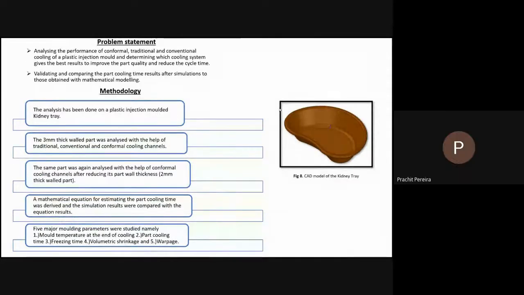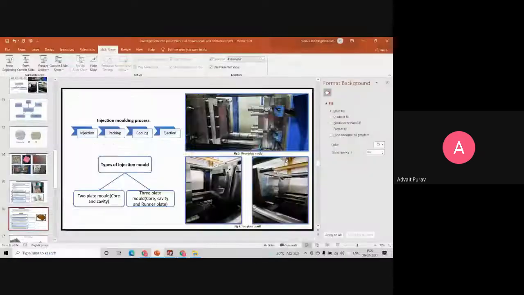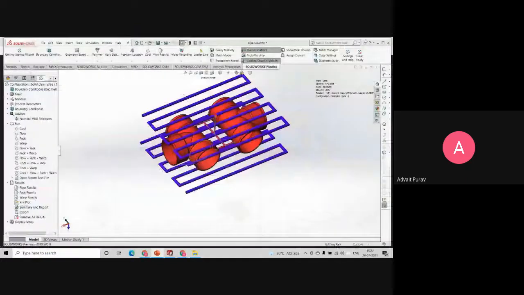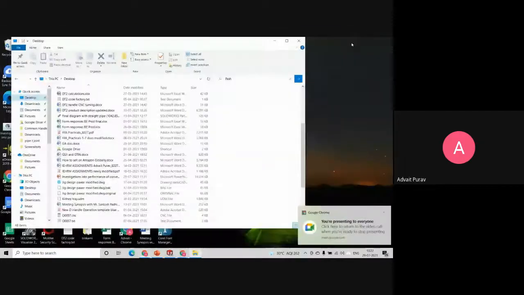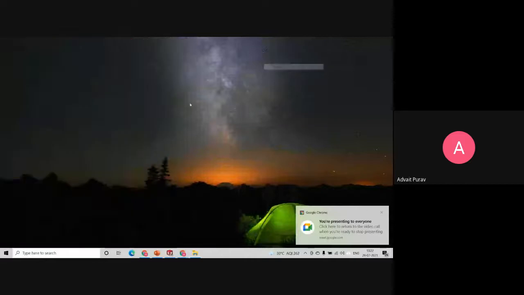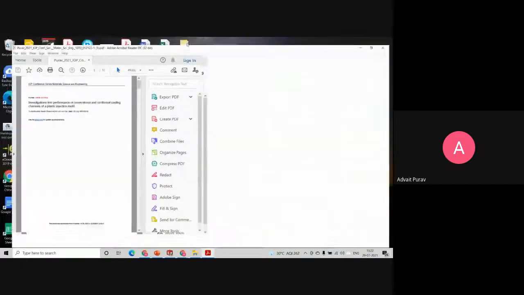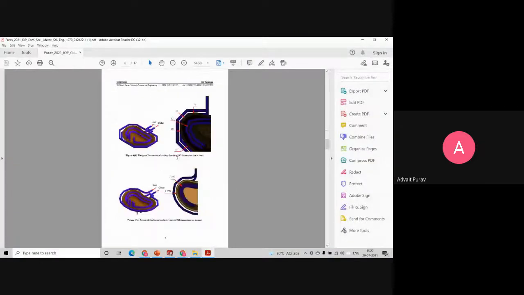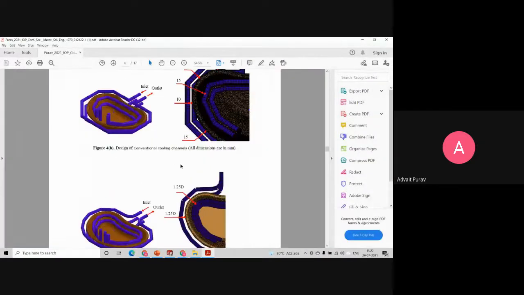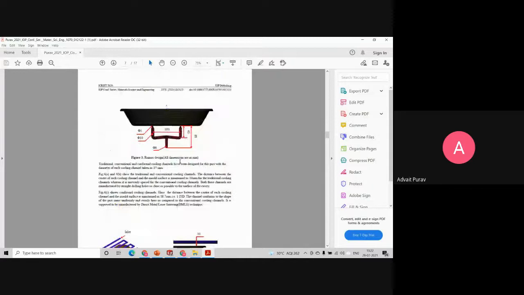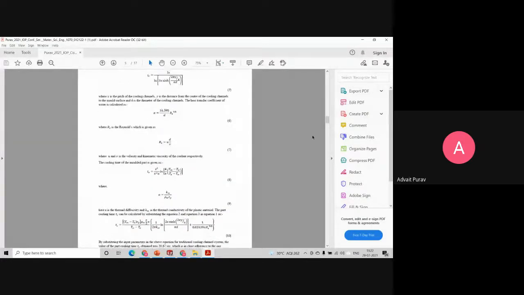So now I will tell you about the research paper that I was doing. Okay, what was my work in the research paper? Let me show you the research paper. I have saved this particular research paper over here. I had published a research paper on this conformal cooling only. Its problem statement... can you see the screen properly? Is the screen visible now? Yes. So basically,